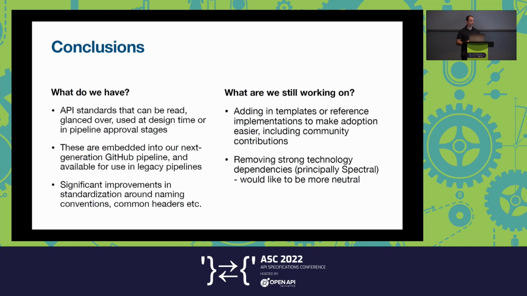In our case, we've done that in GitHub, which is our next generation pipeline there using GitHub Actions. And because of the modularity of a component like Spectral, we've been able to make that available for use in legacy pipelines as well. And what we're seeing coming out of this is really significant improvements in standardization, naming conventions, common headers. Just as we're seeing more new APIs be developed, they're converging on that standard that we want them to move towards. There's still some work to come there, and I'll talk about one piece on this